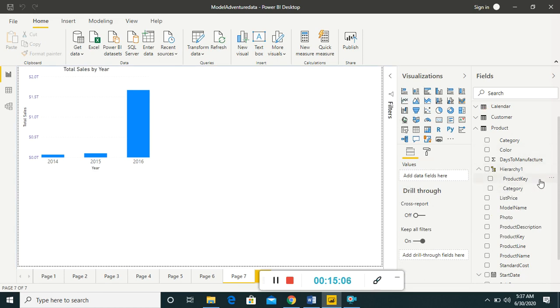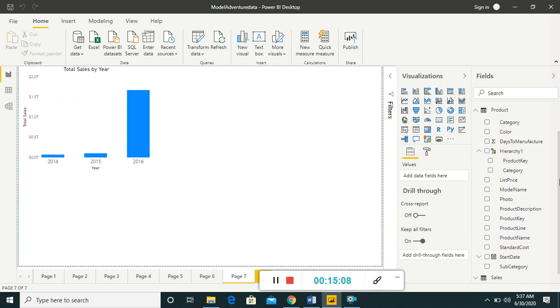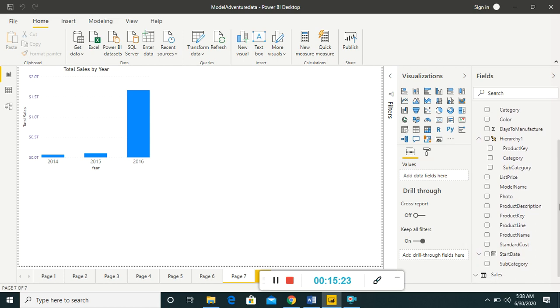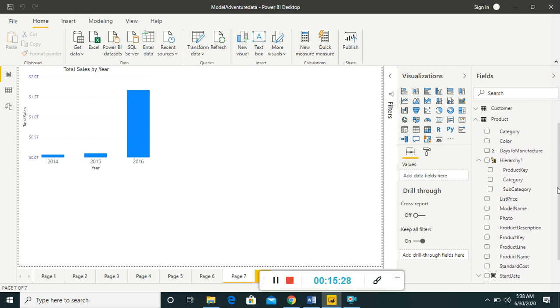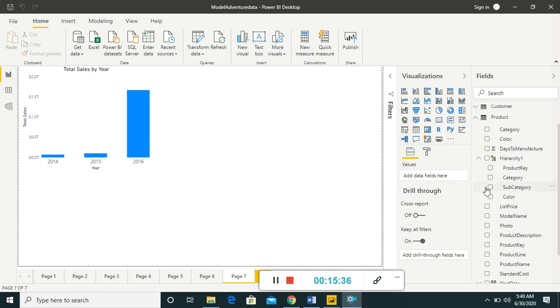So now this hierarchy is created. I want to move subcategory in it also, so I dropped subcategory in that. So now these 3 columns are in the hierarchy. I can change the order of the hierarchy items by moving it up and down.